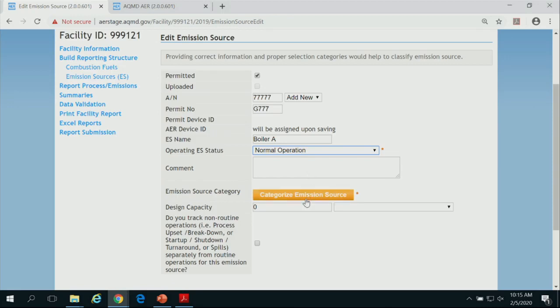So if you do have a modification to a permit, and let's say you've modified it twice from previous years, what do you put? There's no way of deleting that old permit anymore. If the equipment was added by the district in the first upload, you cannot delete it.